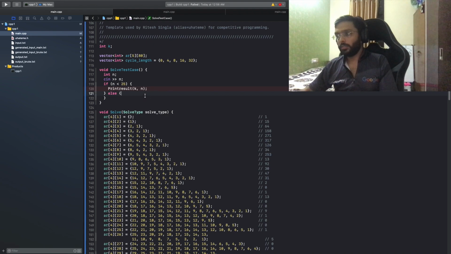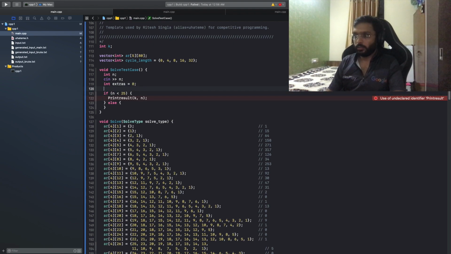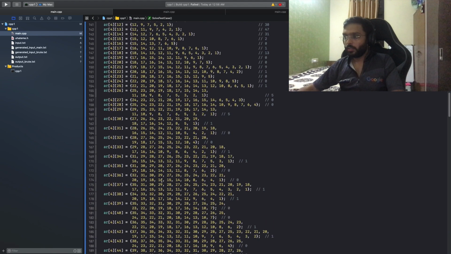So what I would do is keep on subtracting it such that, yeah. Let me do this. Int extras is equal to 0 while n is greater than, wait.